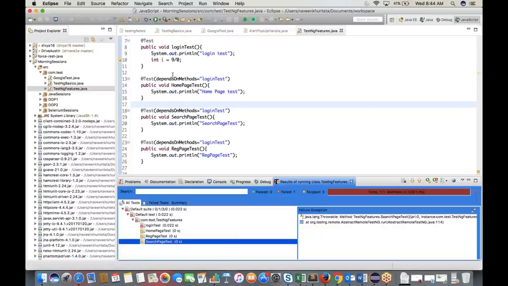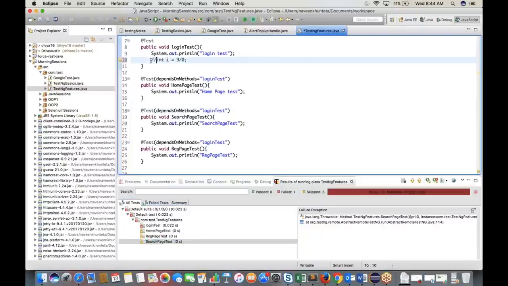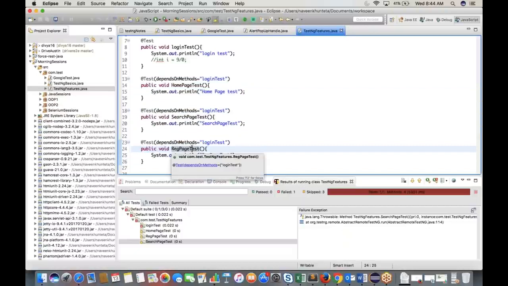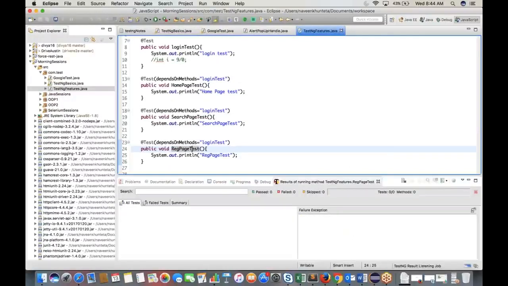Okay, but if login test is working fine, let's say I comment this line, int i equal 9 divided by 0, right? If login test is passed, then all the test cases will be executed one by one. Now it doesn't matter that maybe registration page is getting failed, that's a separate thing, but it will be considered, because login test is getting passed. So if you run this program,